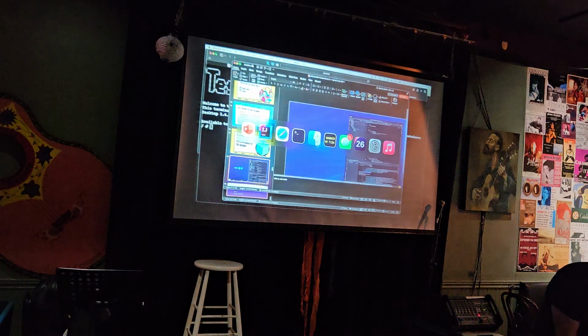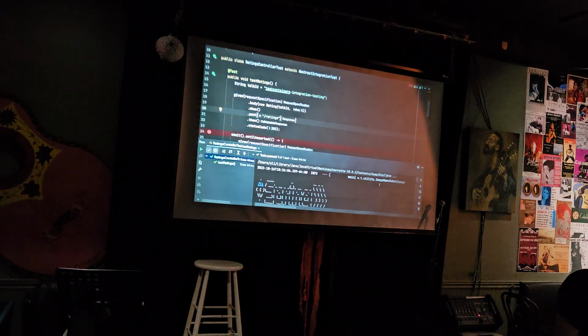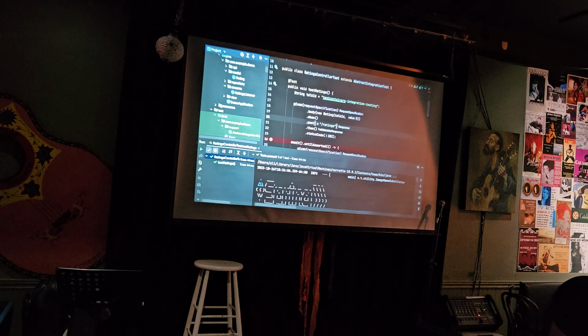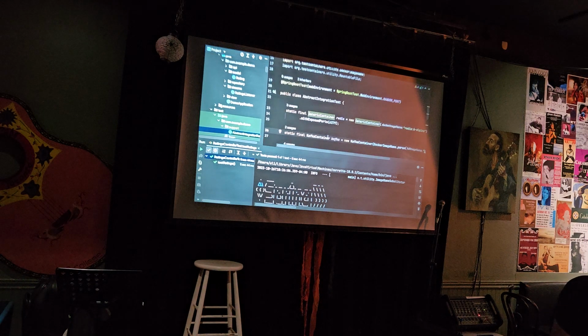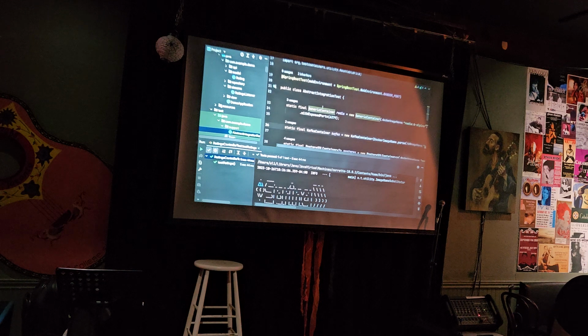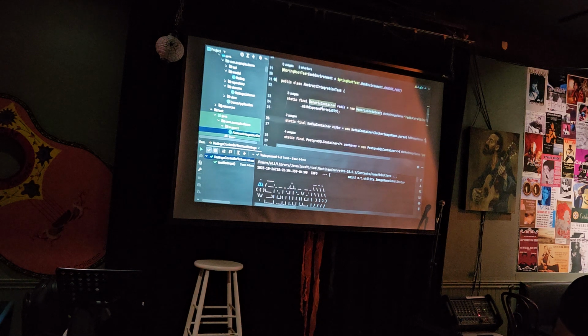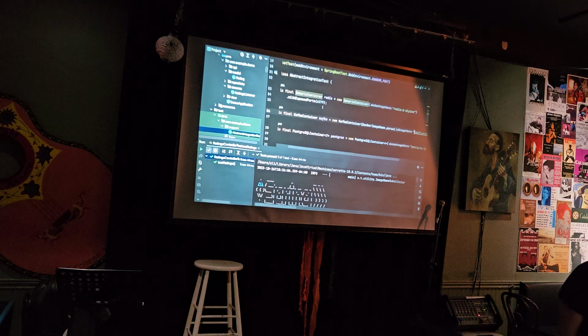I'm gonna go into my IntelliJ and show you a quick class over here. This is an abstract class in Spring. S3 was written in Spring, by the way, back in the day. What I'm doing over here is defining a Redis instance, a Kafka instance, a Postgres instance.